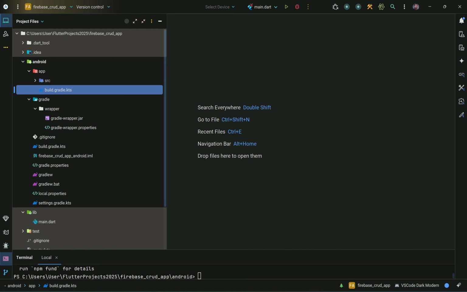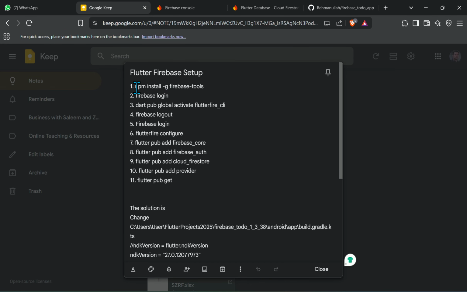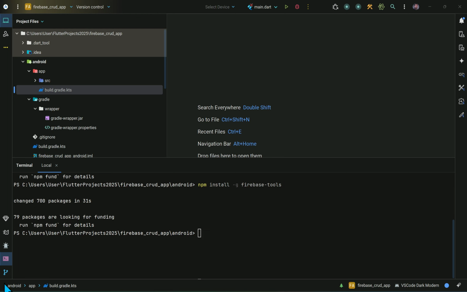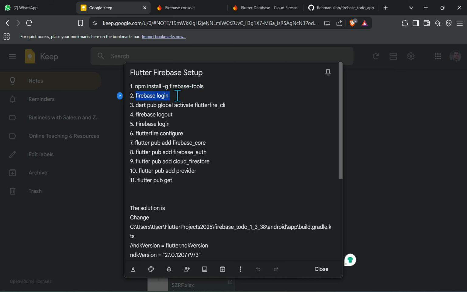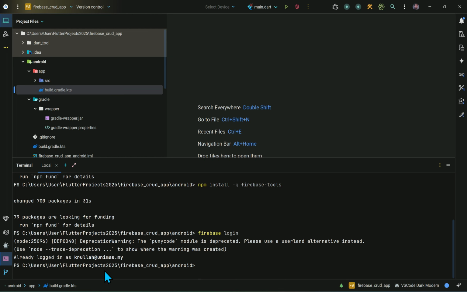So how to do it? Let's go step by step. Open your terminal, copy these steps one by one. I will share this with you. Next step, firebase login. It will show if you are already logged in. Next step,